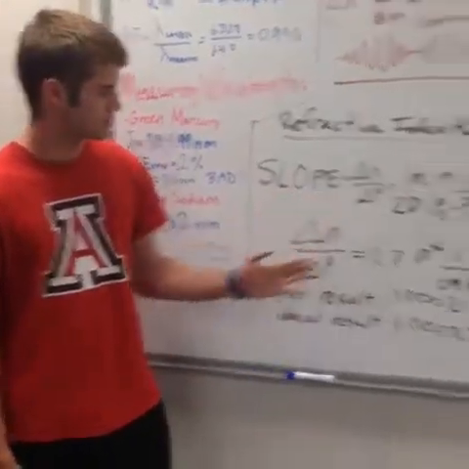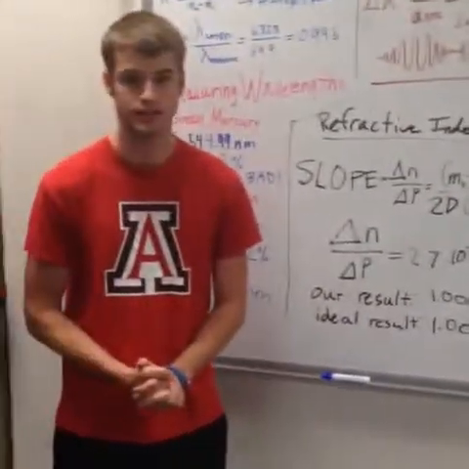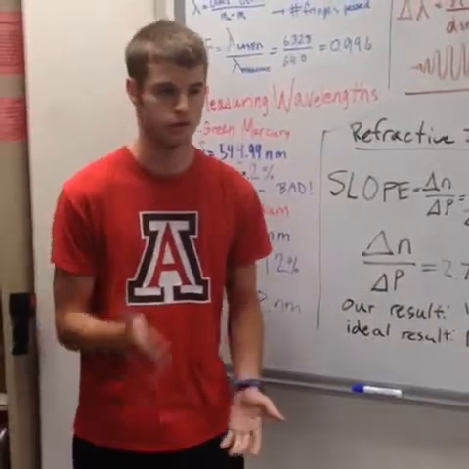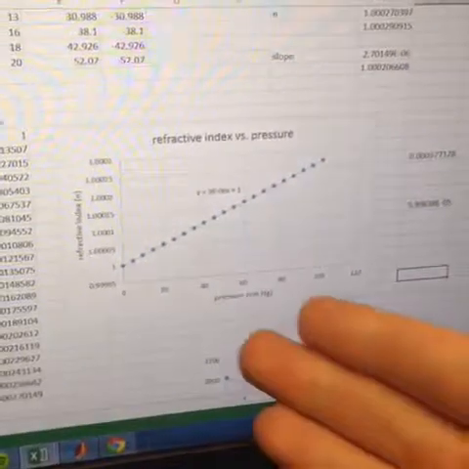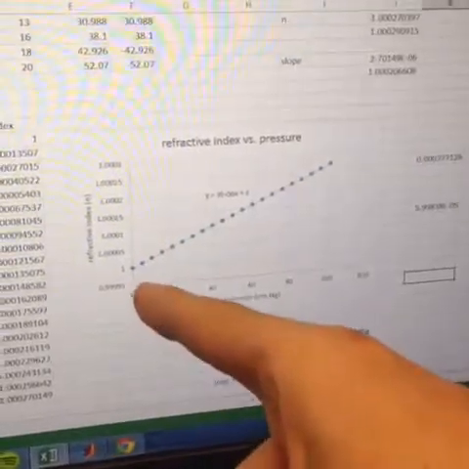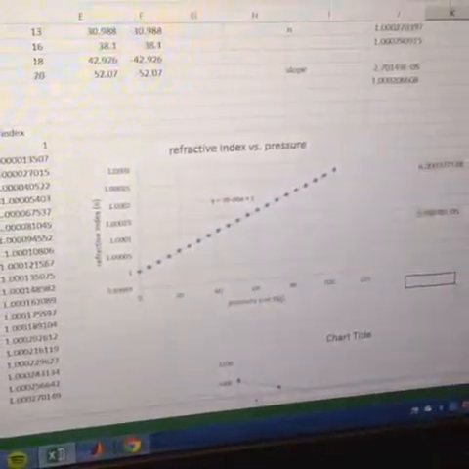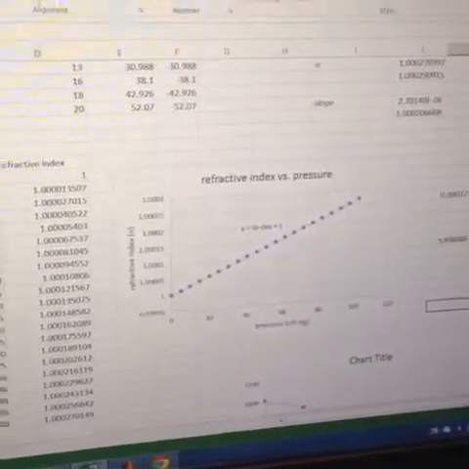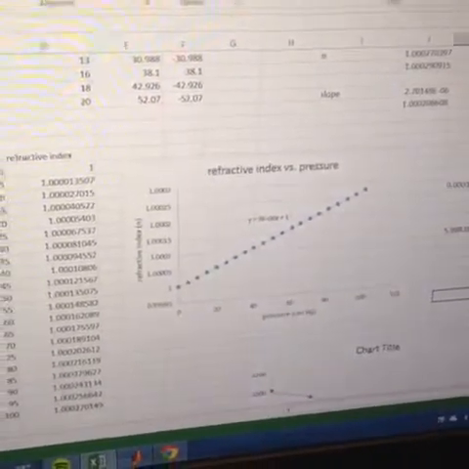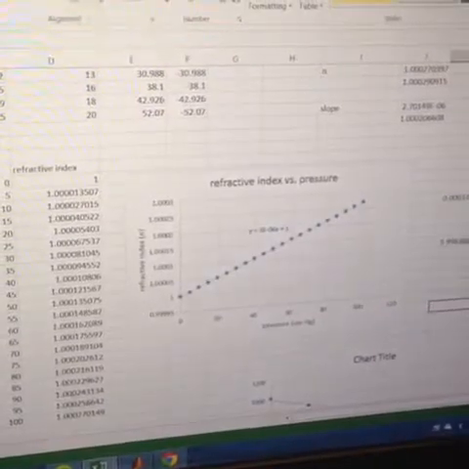We're able to get a slope here, and since we know that the refractive index of vacuum is 1, where pressure is 0, we can plot something, which I'll show. You can see that relationship here where 0 pressure starts at 1, and then we go up with a slope of about 2.7 times 10 to the negative 6th. And you can see that gives us a refractive index of about